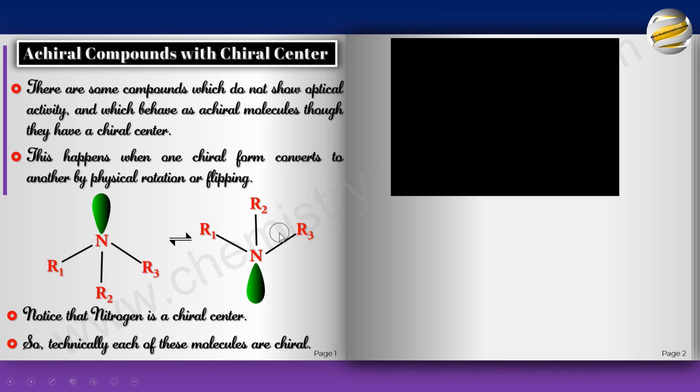If you rotate this and try to superimpose, it won't, because when you rotate this, this goes up, and this entire thing comes down. So what it would look like would be somewhat like this. The lone pair here, I'm flipping this. R3 comes here, R2 stays here, and R1 comes here. And when you slide this over this, it's not going to superimpose.